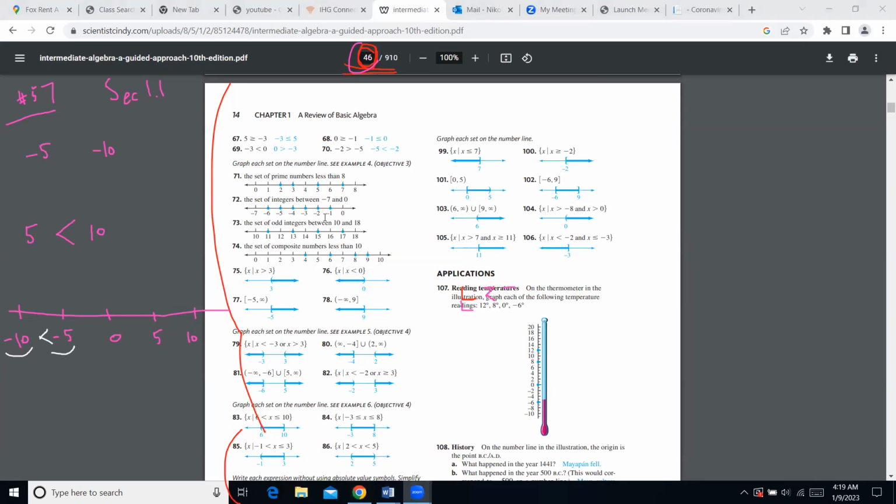So for example, when we have a problem like number 75 here, this little exercise wants you to take a look at the inequality they already pictured here. So in exercise 75, actually they want me to picture, right? So they say x is greater than 3. So what does that mean? X is greater than 3